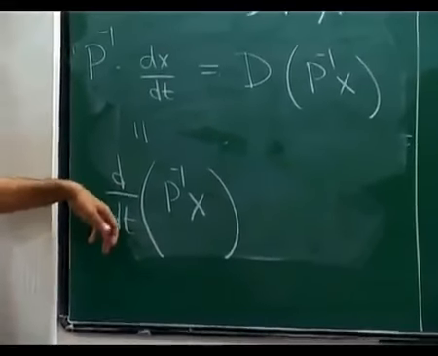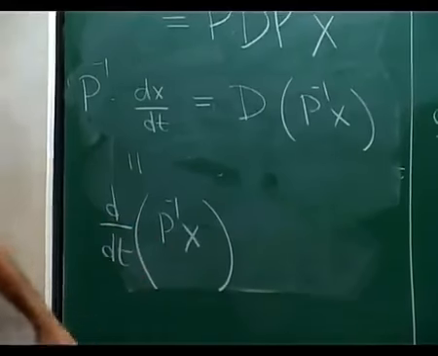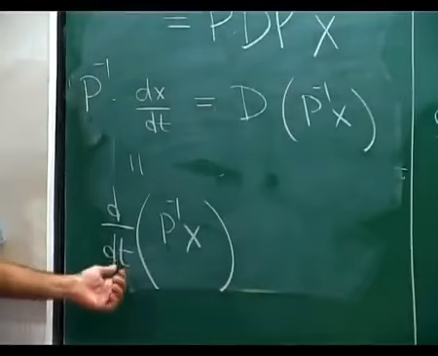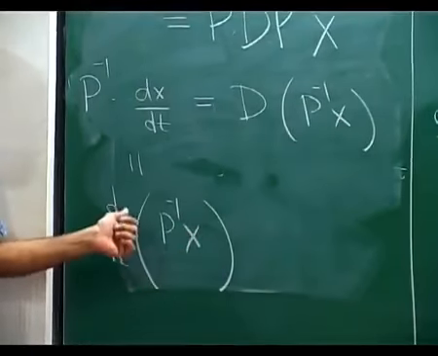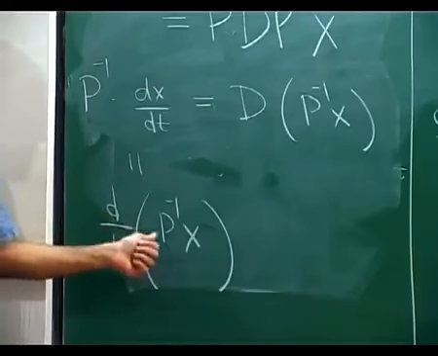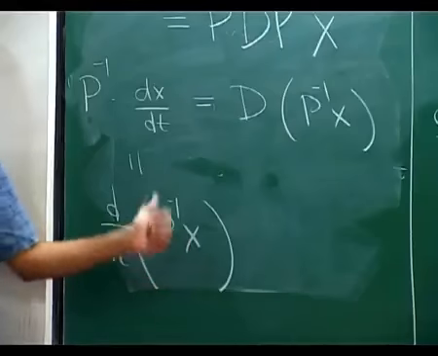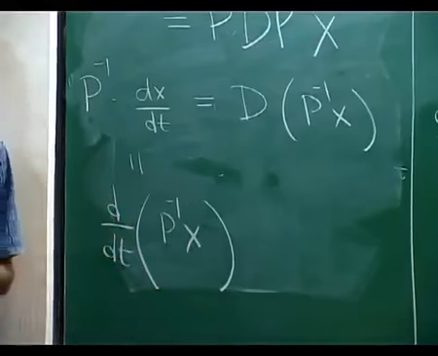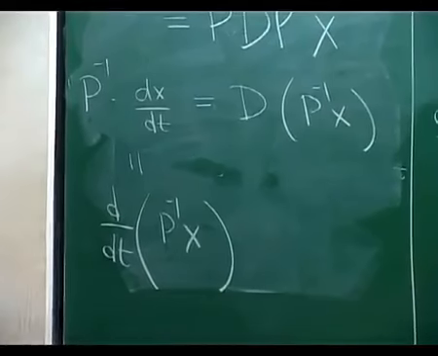Now one way to see this is by the product rule for derivatives. That's actually also true in the context of matrices. So if you just believe me for a second, if I try to do product rule on this product, what will I get? I'll get two terms. First term is derivative of P inverse times x. Second term is P inverse times derivative of x. But P inverse is a constant matrix. It doesn't have any t in it. It just has 4 numbers consisting of the inverse matrix of P.